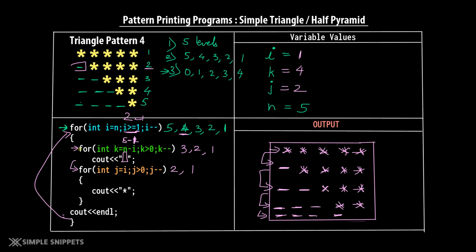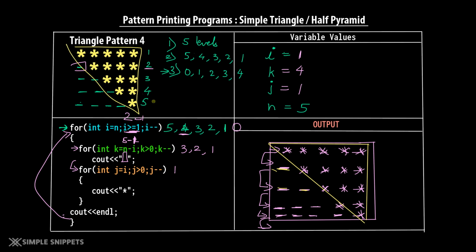We will exit the first for loop. Then we will go to the second for loop where j equals i. j also becomes 1. So this time j will run only one time, from 1 only. So it will take the value of 1 and 1 star will be printed. Then we will come on to the next line. i will become 0 and this condition will become false and you'll exit outside this outer for loop. And now if you observe, we've pretty much got our output. This is basically the triangle that we wanted, right? And these dashes are nothing but blank spaces on the command prompt. So this is the triangle that we wanted. We've pretty much got the exact same result using this code.